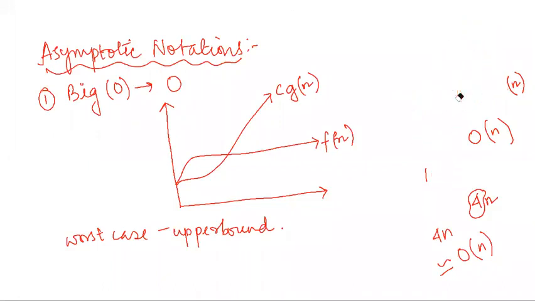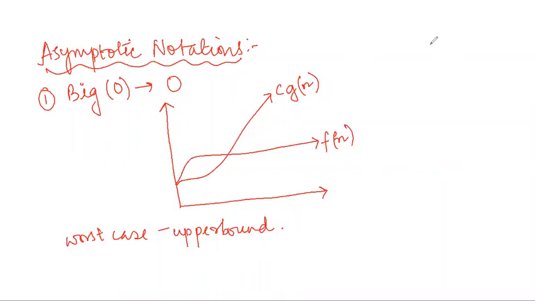30%, ma'am. Okay, with the examples, when we solve the problems, we will be able to understand. This thing is a bit difficult because you cannot see it with your eyes, so it becomes difficult to understand. So just remember that if something takes n steps, I will say that this is in the order of n. If it takes n square steps or n cube steps, I will say this is in the order of n cube. This is the efficiency of my algorithm, okay?